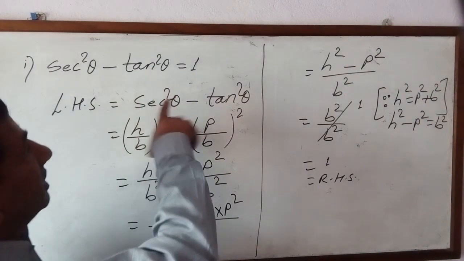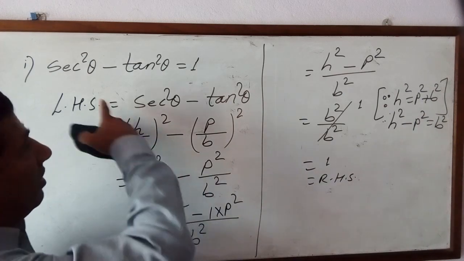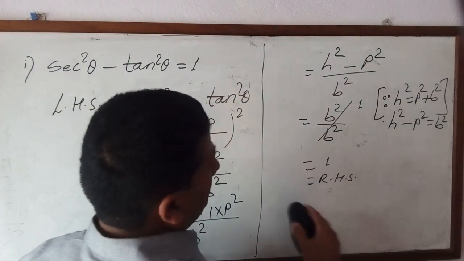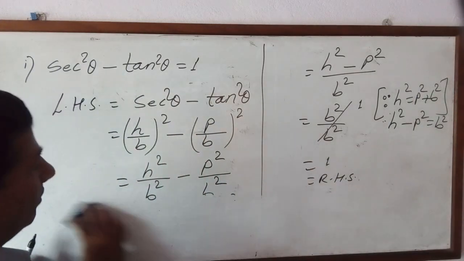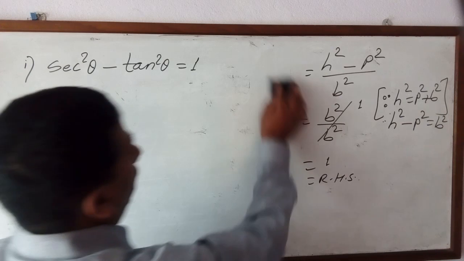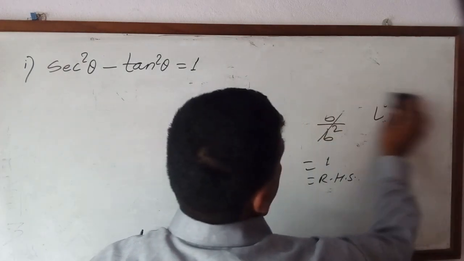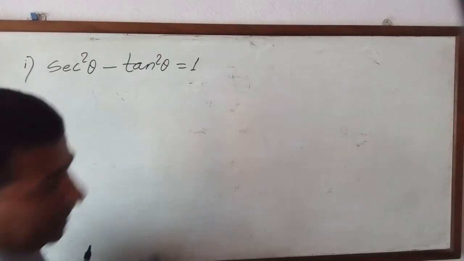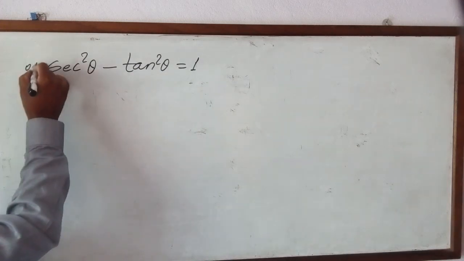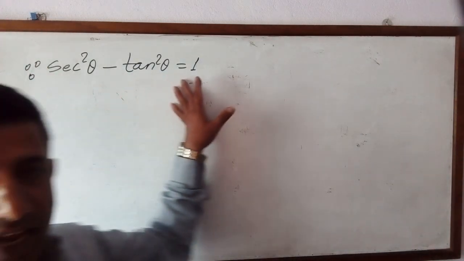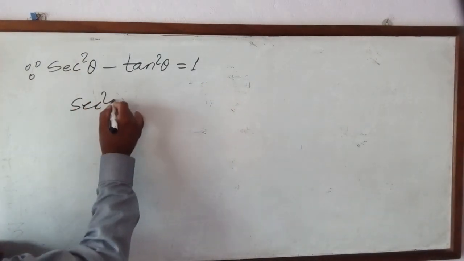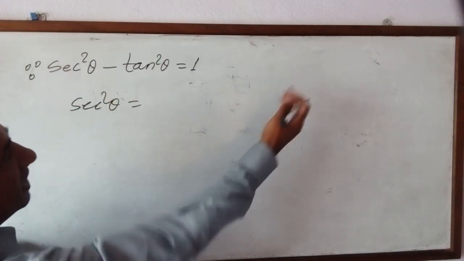Now after this is the main formula. From here I'll derive sec square theta, tan square theta. I'll simplify it. From this main formula, you should have the capacity to find tan square theta, sec square theta, tan theta, sec theta separately. Now we already proved this one. I'll write, since sec square theta minus tan square theta equals 1, already we proved. Now after this, sec square theta equals, bring this tan square theta to that side.